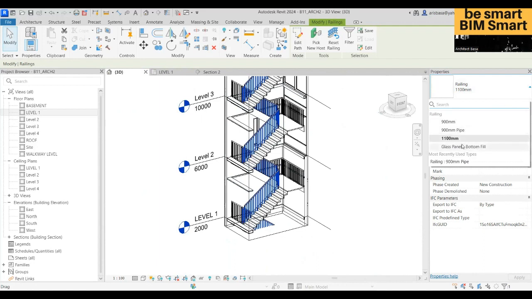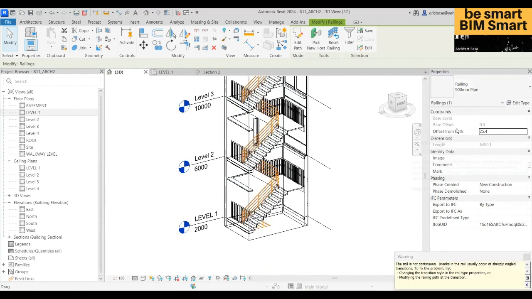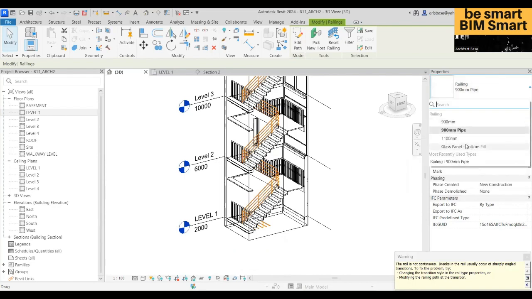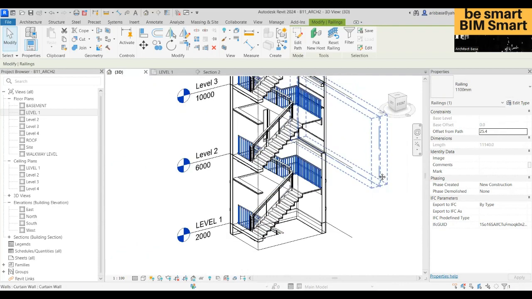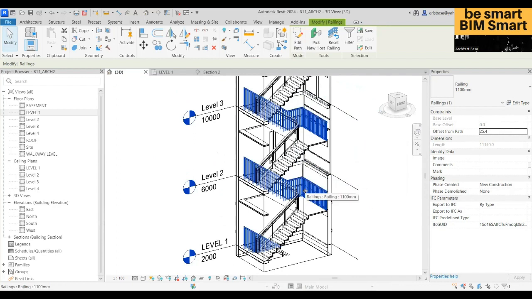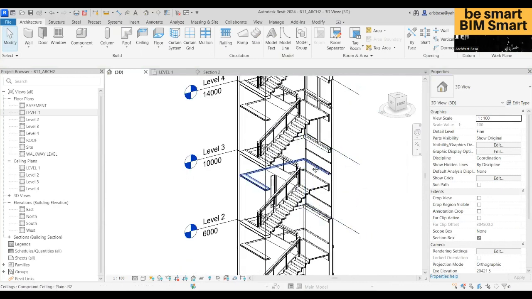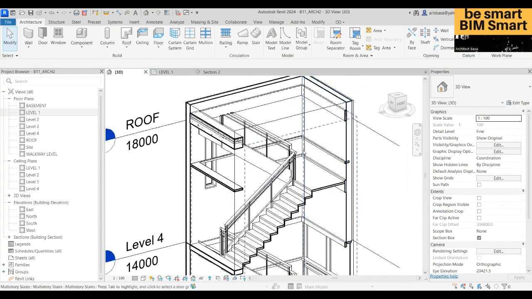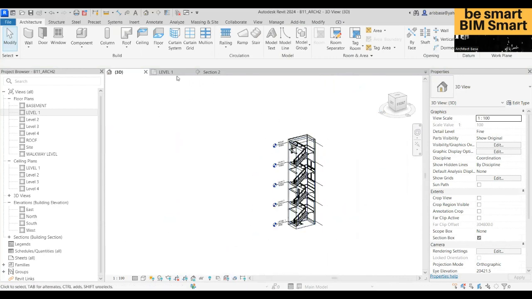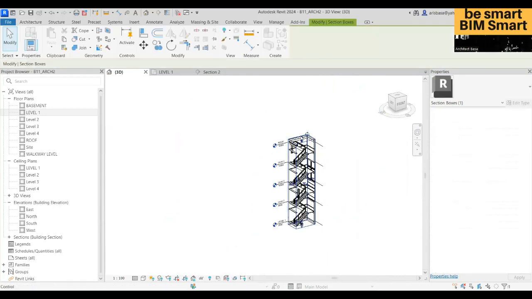Say if you want the pipe, just like that, or maybe you want the one with the glass, which is a little bit nicer, right? Also this. For example, the ones along the wall, you want to remove because there's not much use. You can just delete. Okay. You can just have the railing at the top. But there's something missing now with your staircase, which is actually